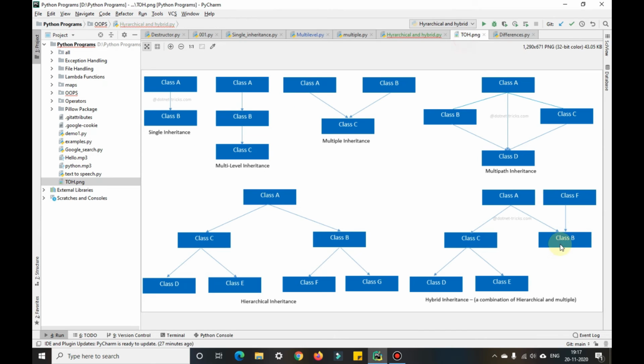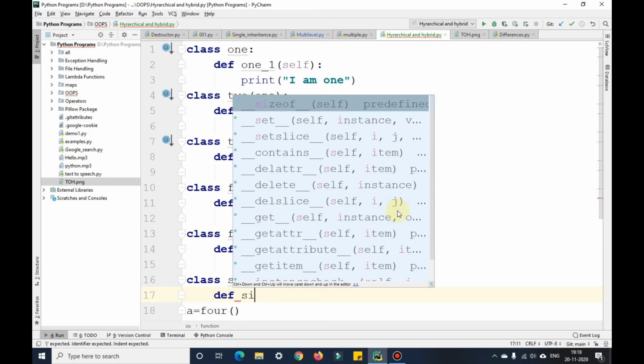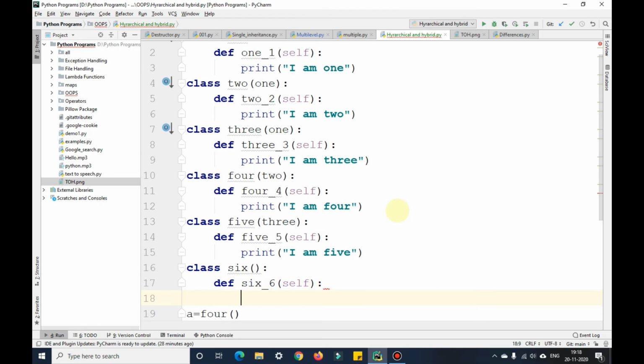In this class 6, we'll inherit this class 6 in class 3. Okay guys. Def 6_6 with a self keyword, then print I am 6.